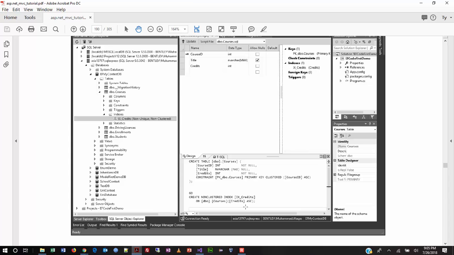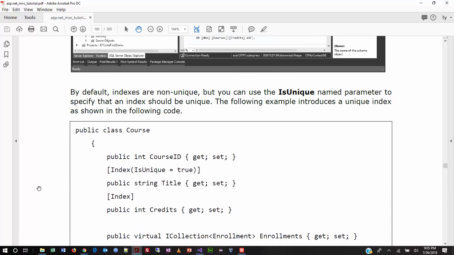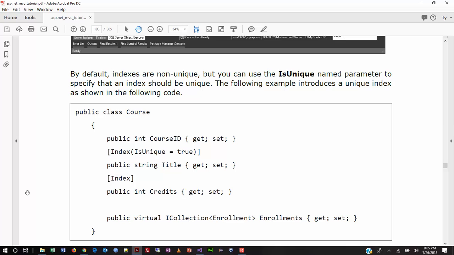So in other words, you can sort it A to Z or Z to A, that type of thing. The default, of course, is to sort ascending. There's another thing that you can add into the mix with an index, and that is this additional parameter, which is unique,